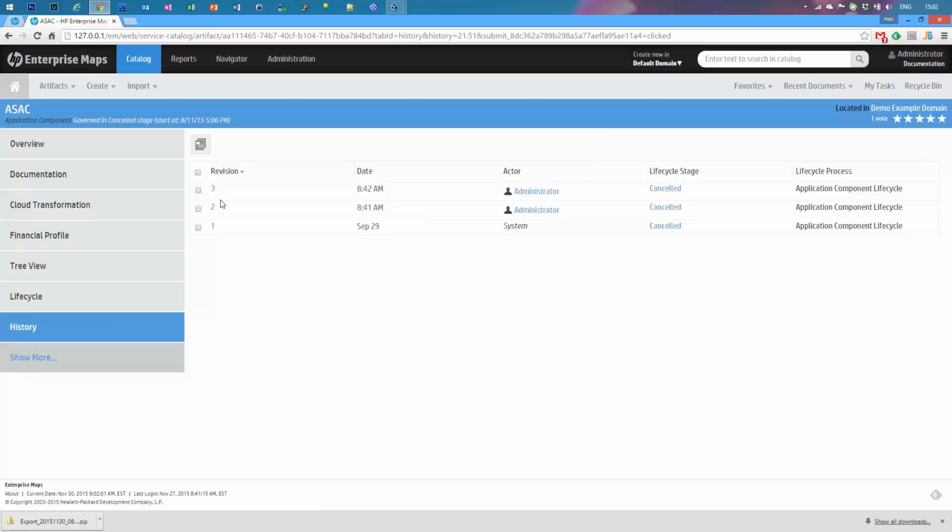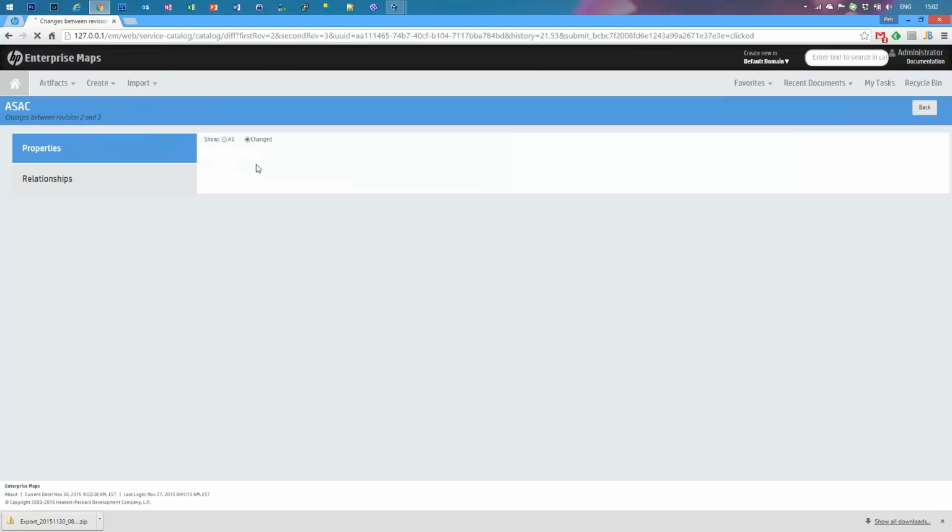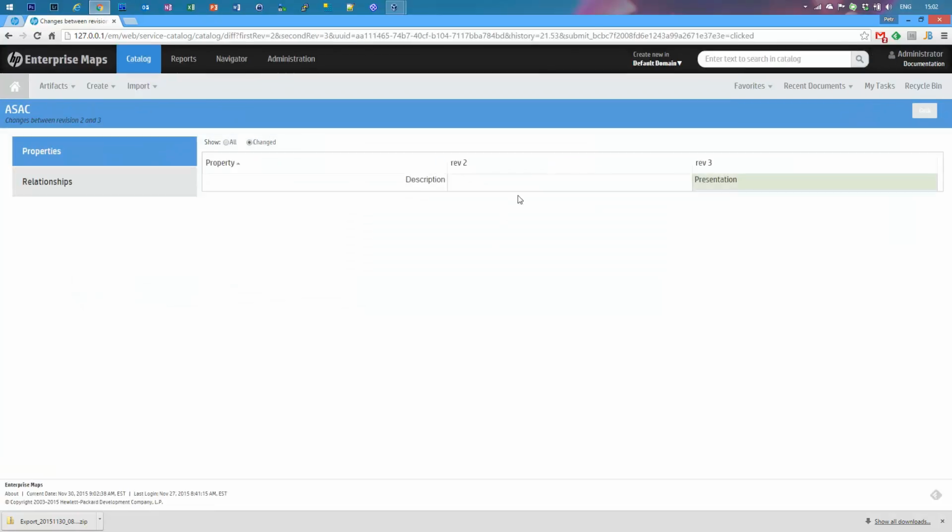So you can very easily see what was happening with the artifact, and you can very easily roll back the changes. You can compare the revisions. So if we take a look what happened here, we can see that I have added the description between the revision 2 and 3. I added the new description to the artifact, and in case of